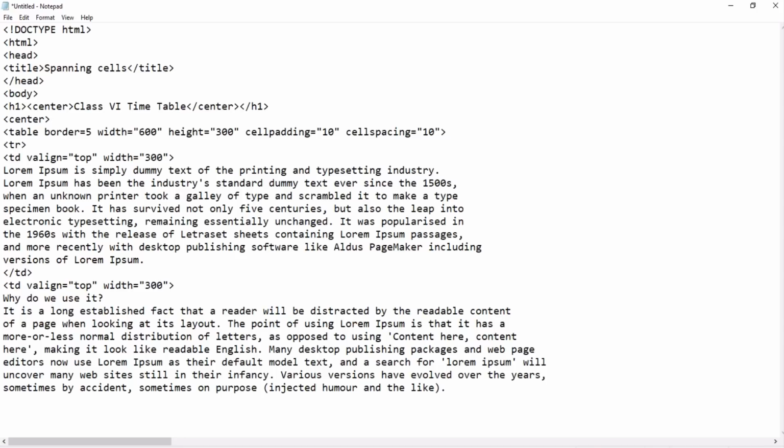Done. I have to close this TD. Then again I'll make one more. That depends on you, how many you want the data, how many times. Control C. I'm just showing you.